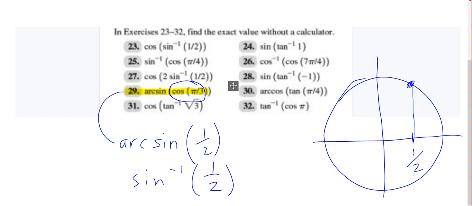Now, we know that sine inverse spits out angle measurements on the right half of the circle, and this is a y value, and it's got to go on the right half, so it's going to send me over here. So my answer to this question